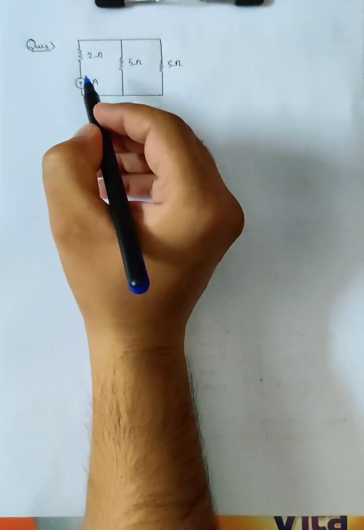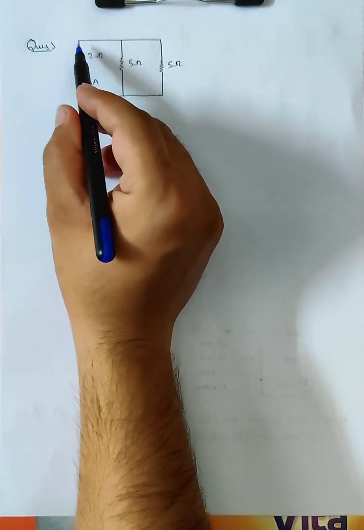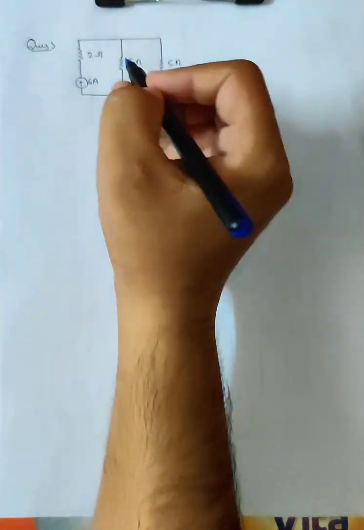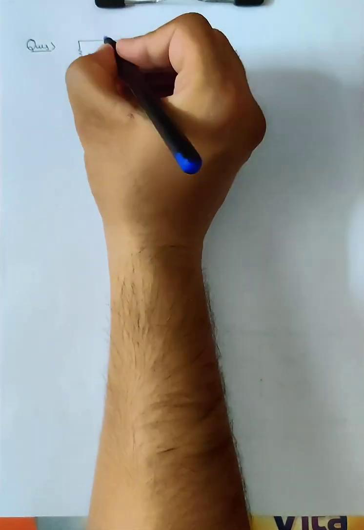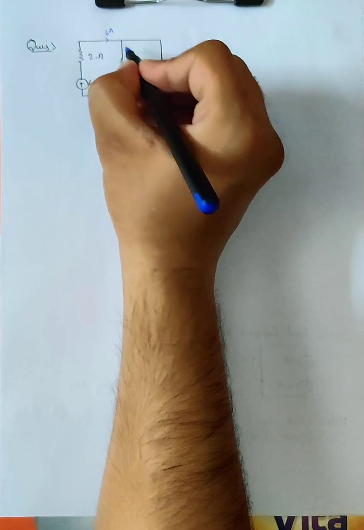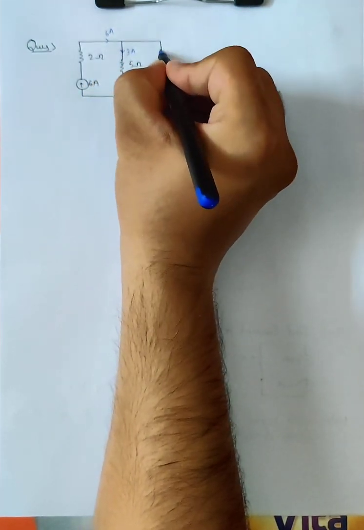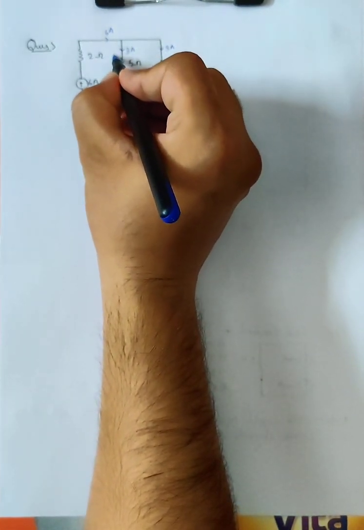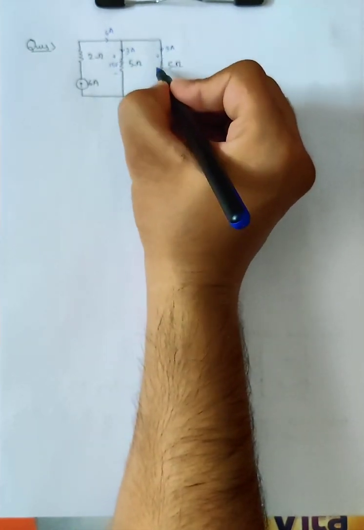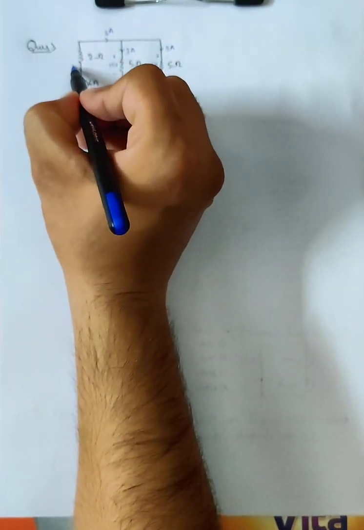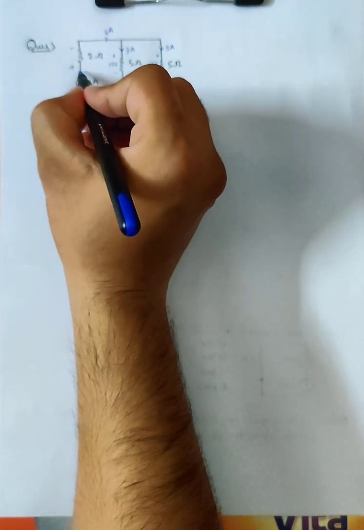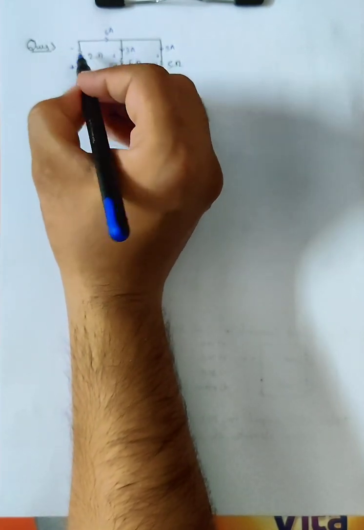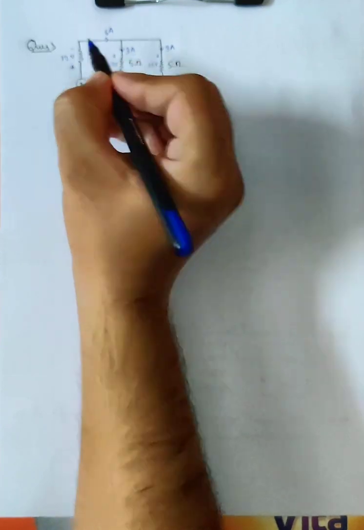Let's solve this example. This is a current source of 6 ampere with a series resistance 2 ohm. The load resistances are 5 ohm and 5 ohm. The current source is 6 ampere, so here the current is 6 ampere, which will be distributed equally in these two resistors of 5 ohm, 3 ampere, 3 ampere. The voltage across these two resistors is 3 into 5, 15 volts. The voltage across this 2 ohm resistor, the current is in this direction, so here it is plus and here it is minus, is 6 into 2, 12 volts.